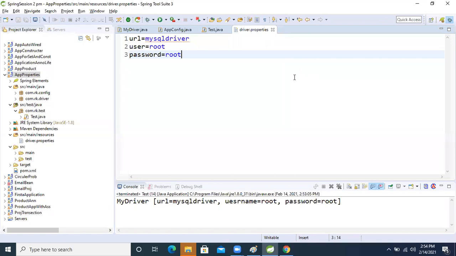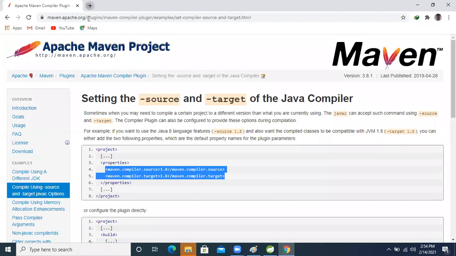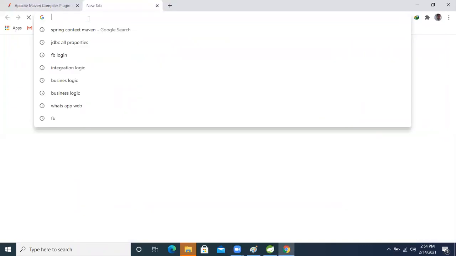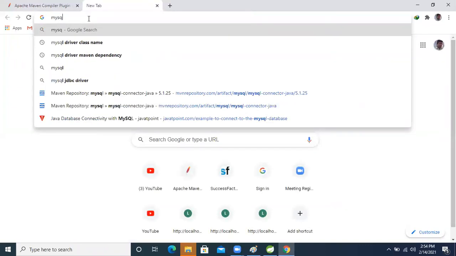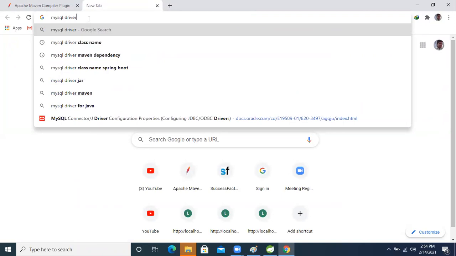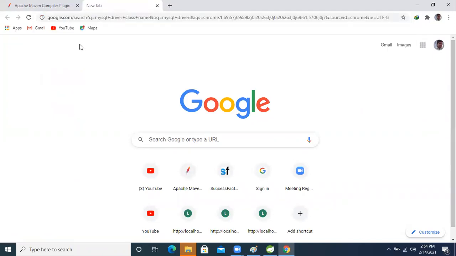My driver dot Java file, right? If you want to see that one, I need to put the MySQL driver dependency inside pom.xml, search MySQL. Just for example purpose I taken.